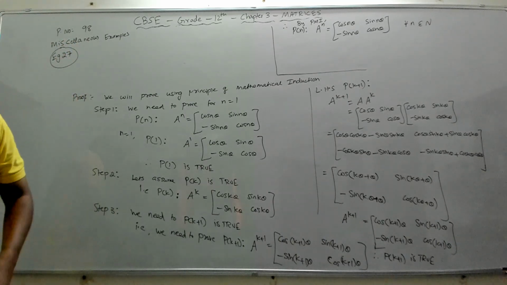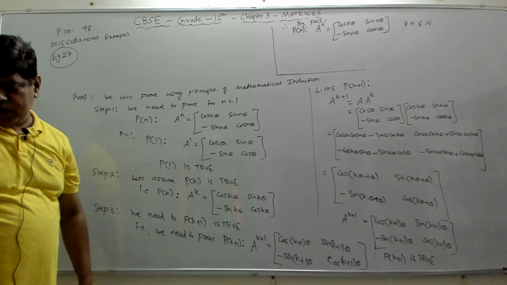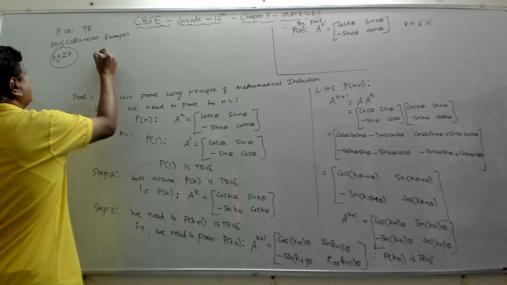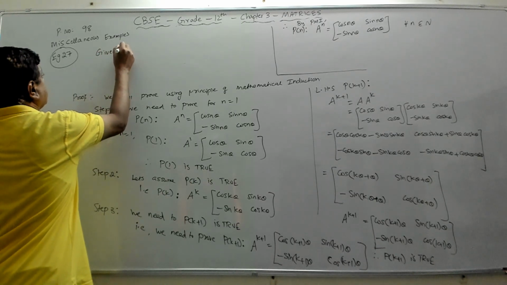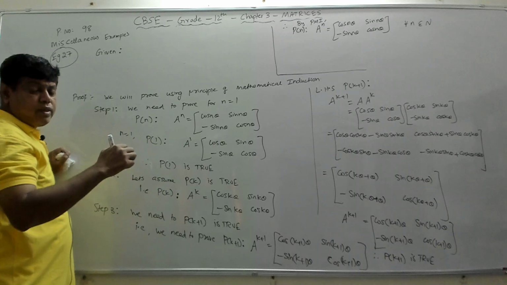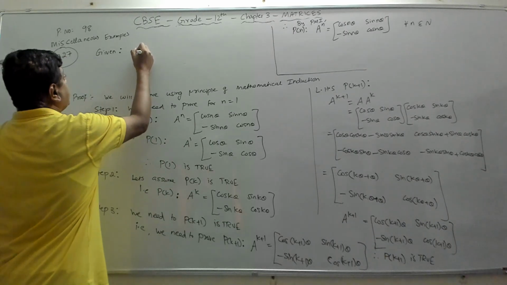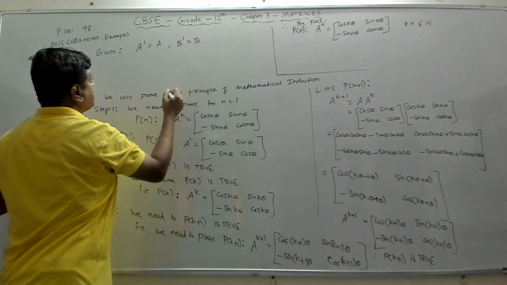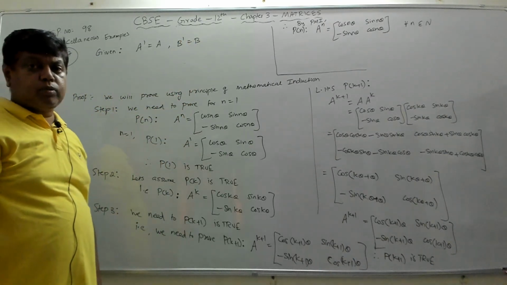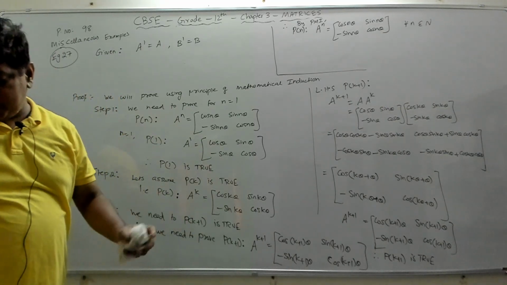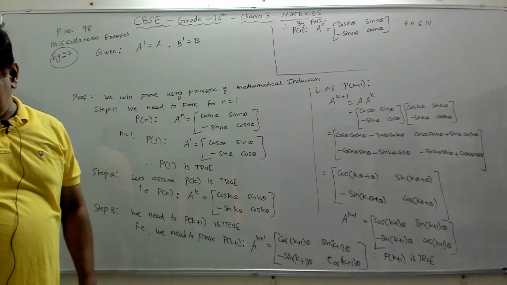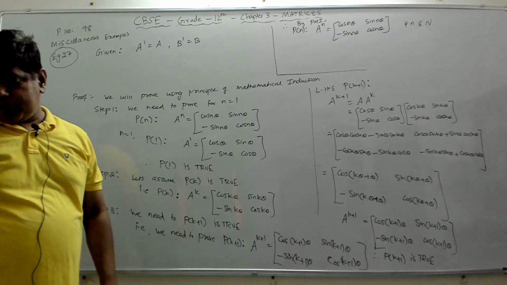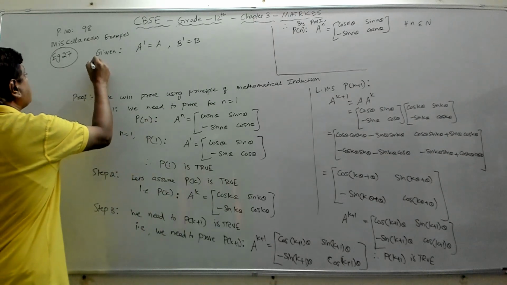Right? So what it says is A and B are symmetric matrices of same order. So what is given is A and B are symmetric matrices. When they say A and B are symmetric matrices, then A transpose equal to A, comma B transpose equal to B. Then show that AB is symmetric if and only if A and B commute. We should prove that. What we have to prove?